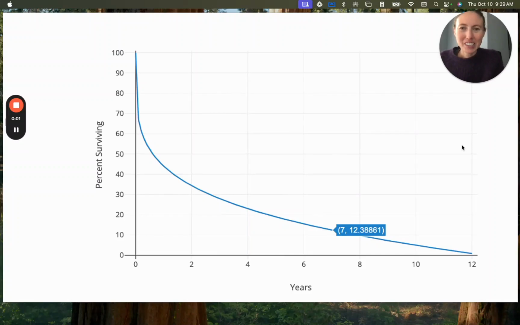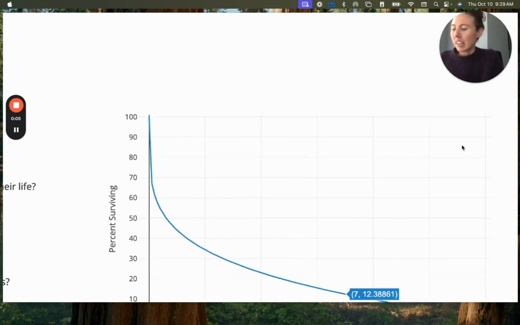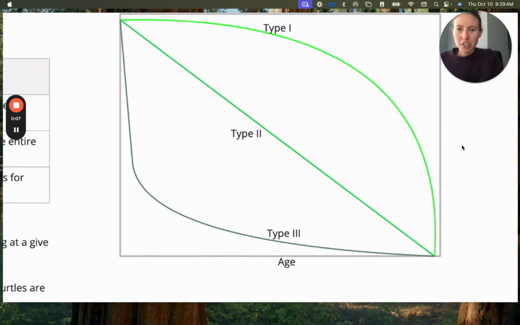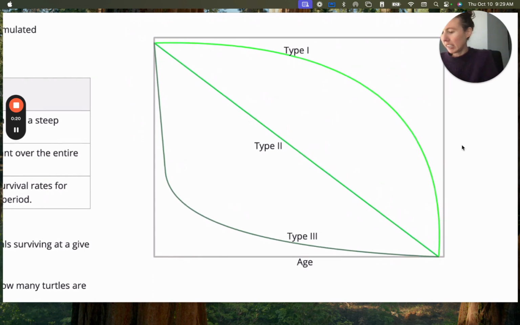Hey environmental science students, we're going to do some calculations with survivorship curves. If you haven't already, make sure you do the survivorship types skill so you can practice identifying types 1, 2, and 3. But more important than knowing the type number is understanding the pattern. So what you want to notice is that type 1 here